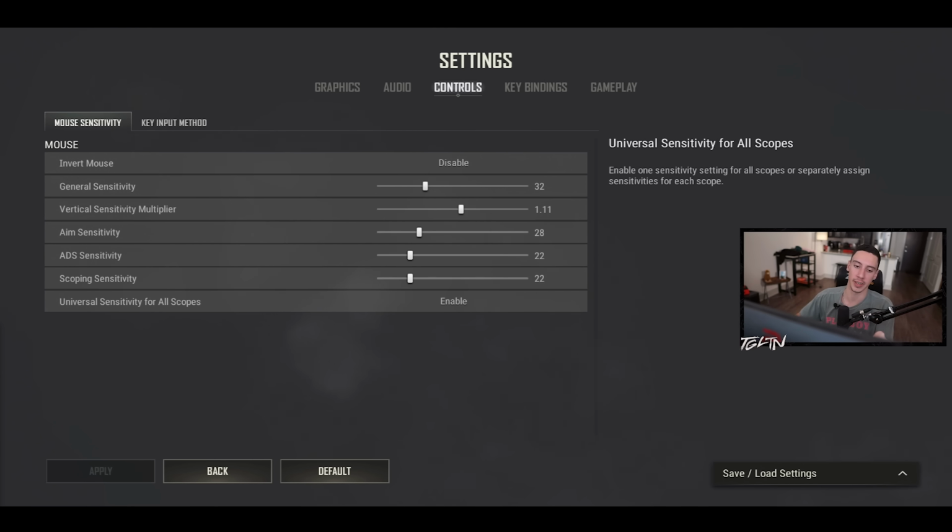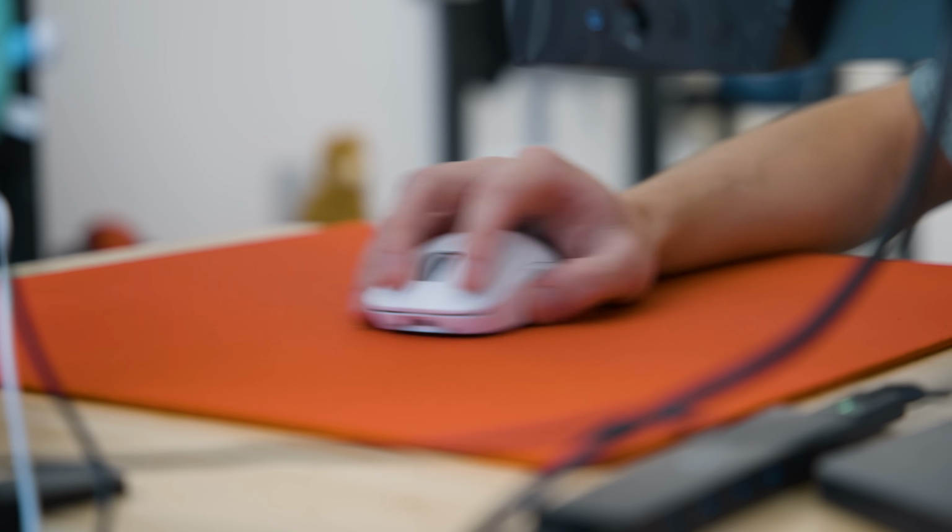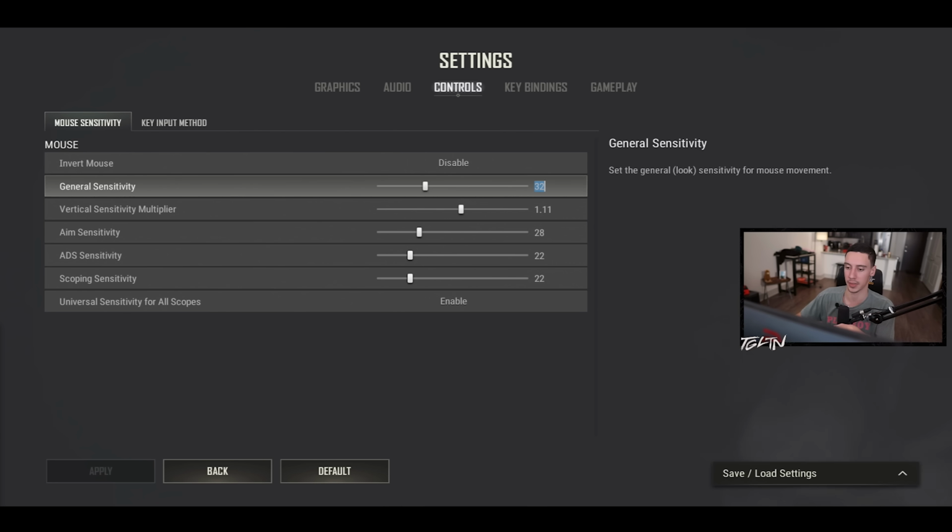So if you run 400 DPI or 1600 DPI, the rule is if you double the DPI, you minus 15 from your sense. Every 15 you go up in game is double the sense. So if you run 400 DPI, this is the same as 47. And if you run 1600 DPI, this is the same as 17. This is 32 general sense. So if you don't want to change DPI, that's how you can match up your sense